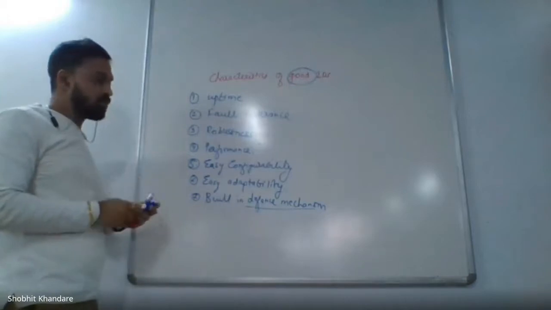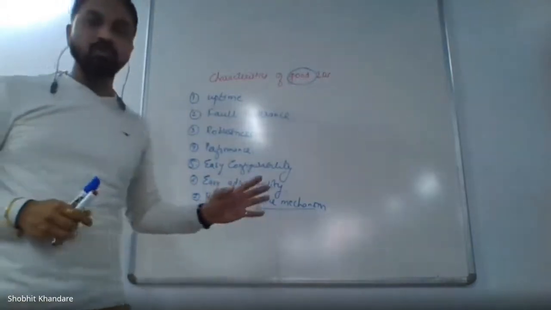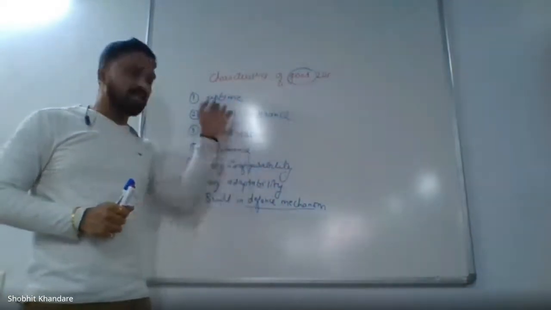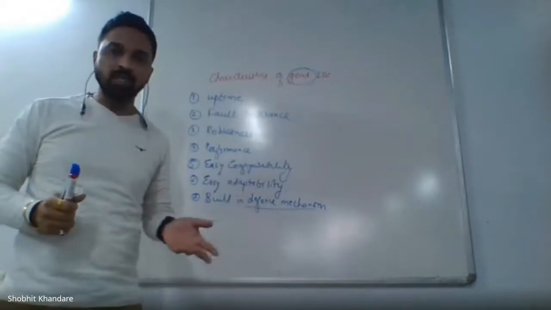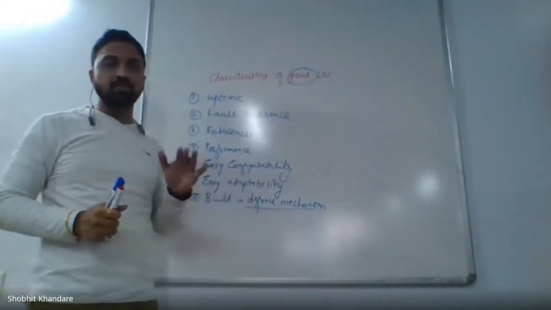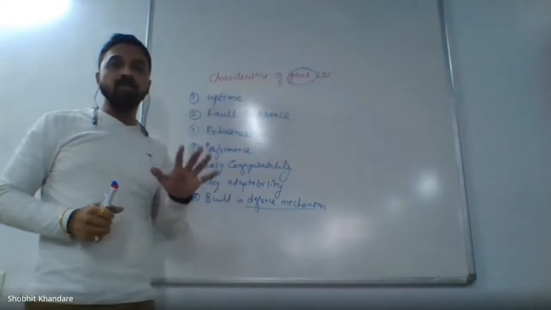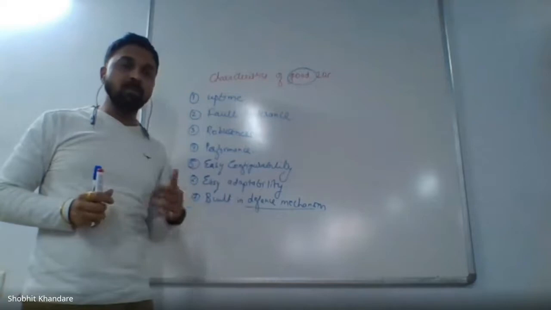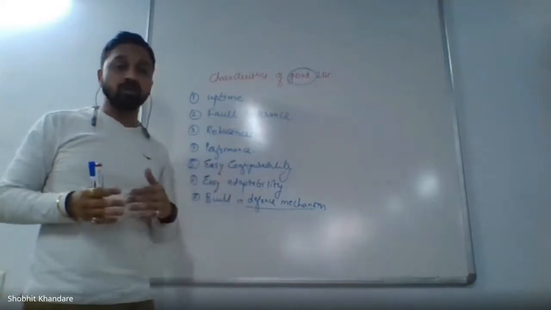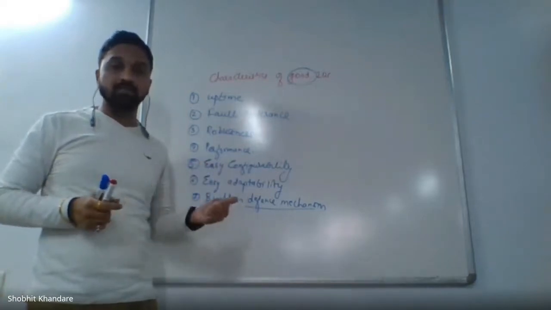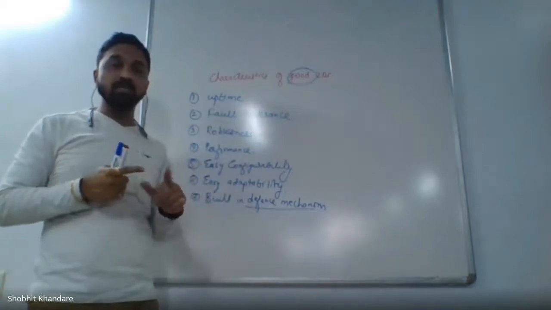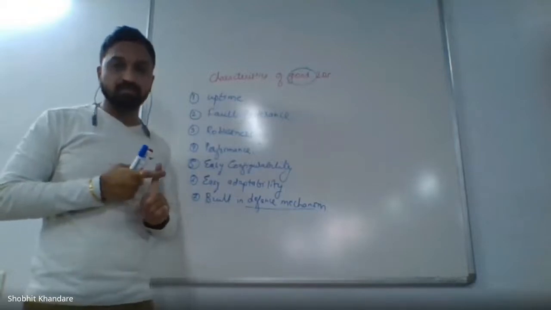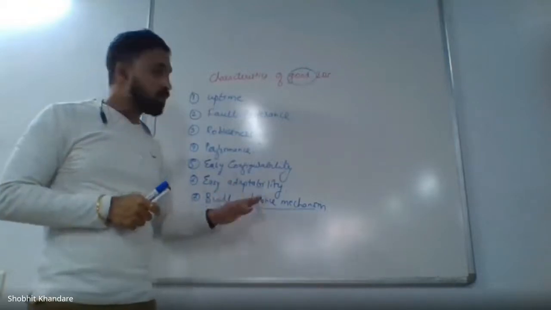So these are the points. If a question is asked, it will be a short note question: what are the characteristics of a good IDS? You can just write down the seven points and elaborate. Mostly, IDS is about how you can provide security to the network where intrusion may happen. Whenever you have intrusion, you overcome it by using an IDS system, or an intrusion prevention system. So with this we are done with the IDS.